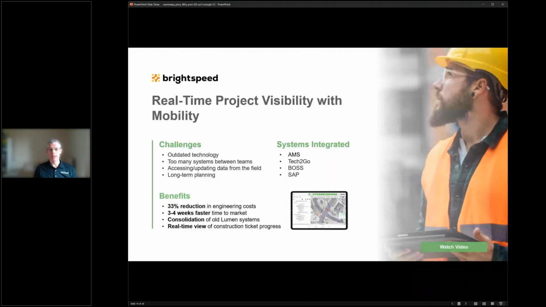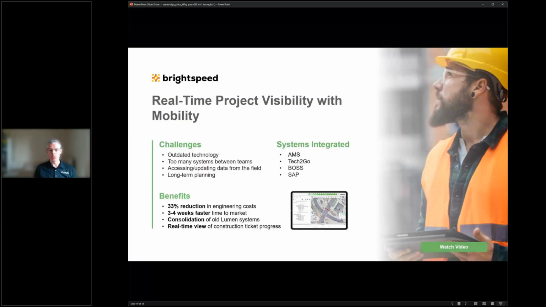In fact, just getting access to data in the field was a real challenge, as I highlighted earlier in the presentation. And the system integrations that were required, and then being able to translate that information and present that in an interface to the field engineers. So the overall is the design and build process, clearly.